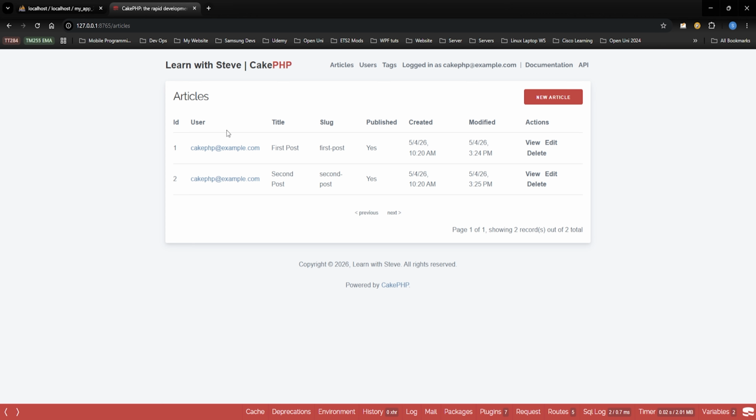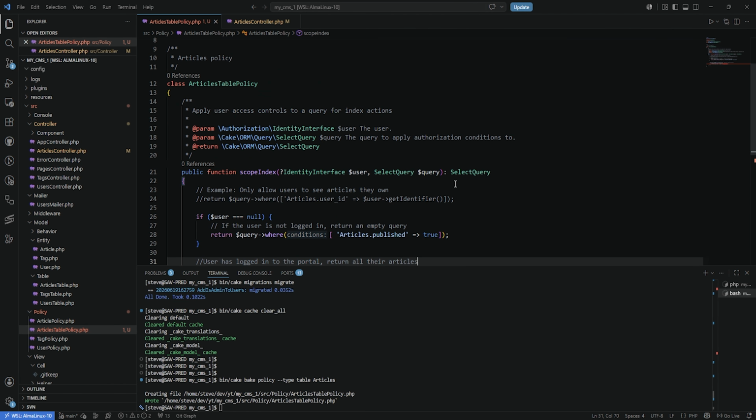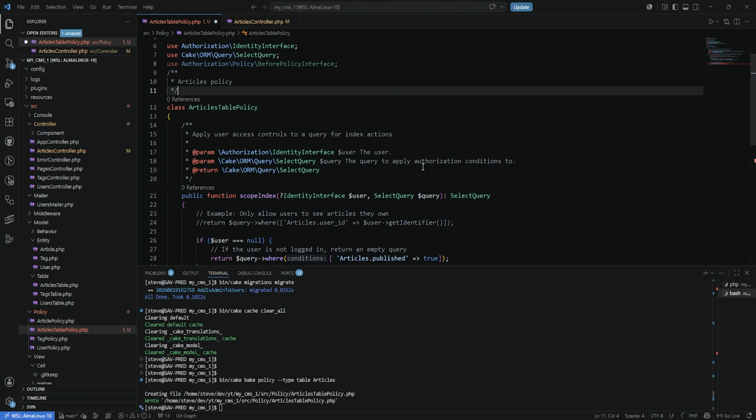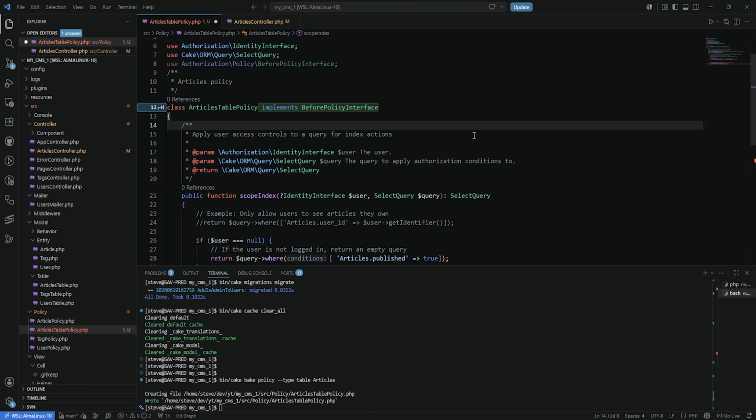This is what's happening. The way we do that is nice and easy, in essence. And the way that we do this is we use before. So I'm just going to copy some stuff, and we're going to use the before policy interface. And what this does is, before we do anything,